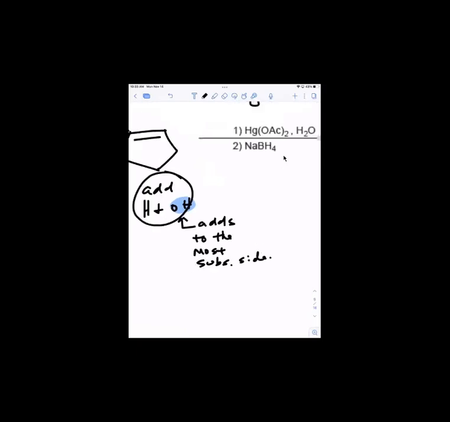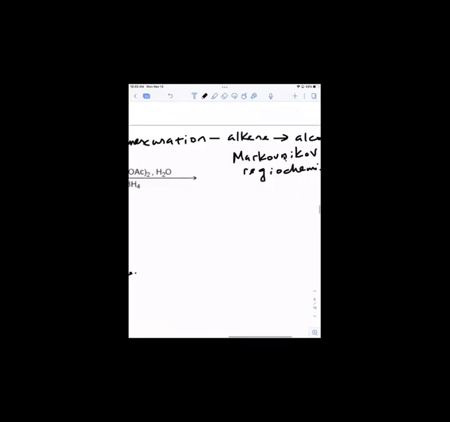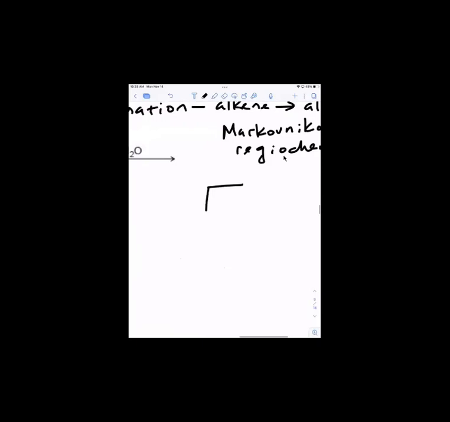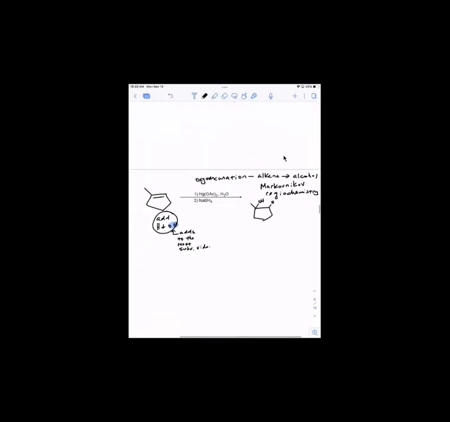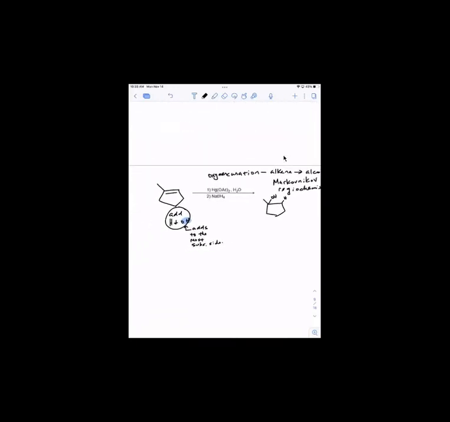Right, it adds to the most substituted side. So let's look at the outcome first, and then we're going to go back and look at the mechanism. All right, so this is the outcome. You get an alcohol, and the OH is here, and H is here. It's that simple, right? Even if you don't know the mechanism, you should be able to predict the products, but